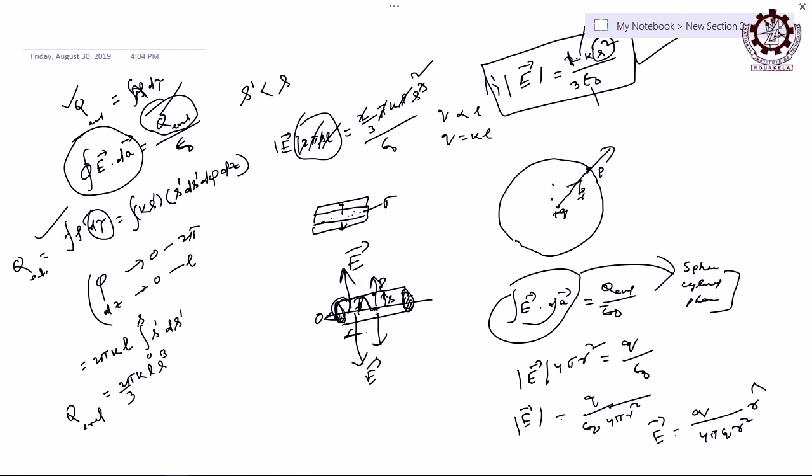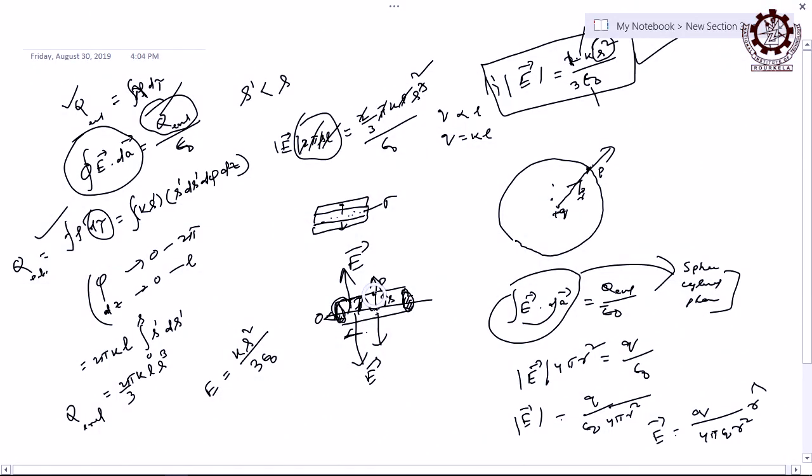Therefore, now the electric field intensity magnitude E is equal to K S square divided by 3 epsilon 0, right. Then what about the direction? Intensity is a vector. If you are telling at this point P, then what should be the direction of the intensity? Intensity magnitude is this much, right, this is a magnitude. Direction is obviously you have to put an arrow mark, radially outward, in that direction it will go out or not. If positive charge, it should go radially outward at that point, that is why it is the unit vector. So, this is the vector form telling both magnitude and direction, right.